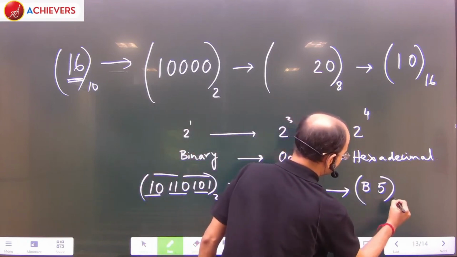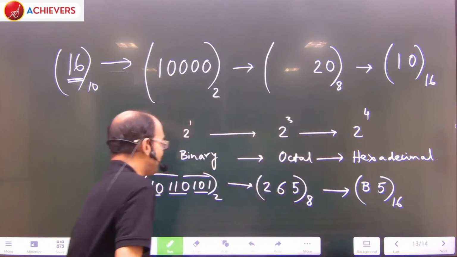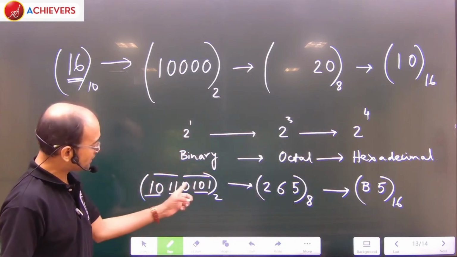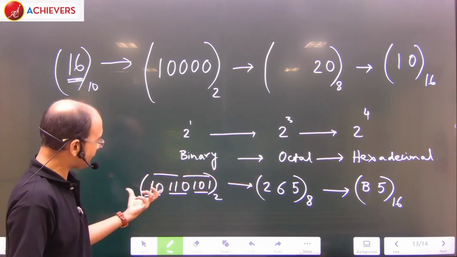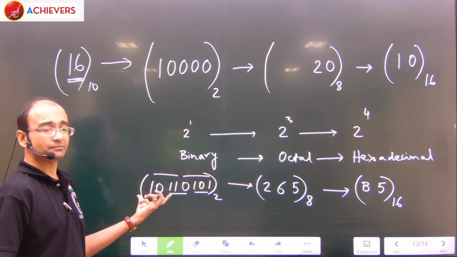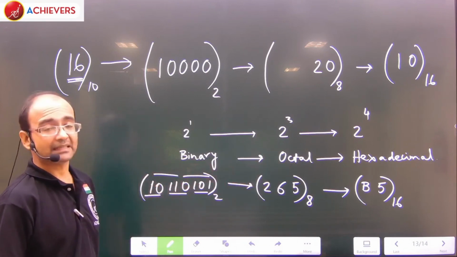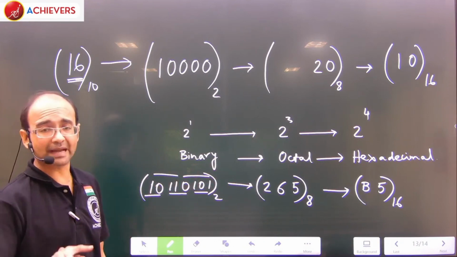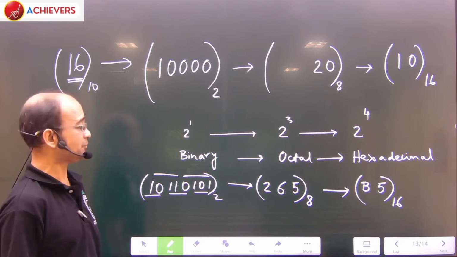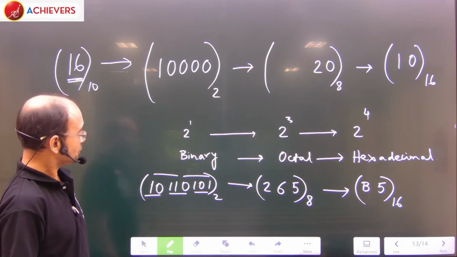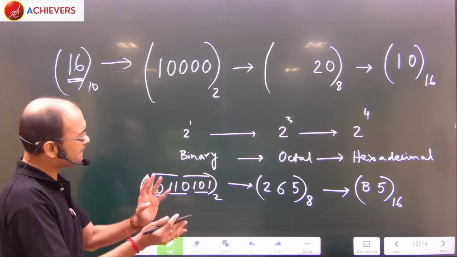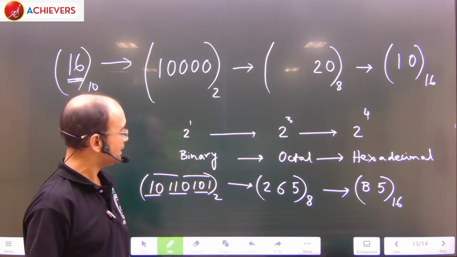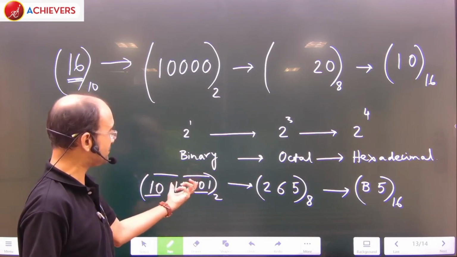So this will be the hexadecimal equivalent for 101100101. So 0101 is 5 and the left part 1011 is 11. 11 is represented with B. 10 is represented with capital A and 11 is represented with capital B. So this is how we can easily convert from binary to octal or hexadecimal with respect to considering them as